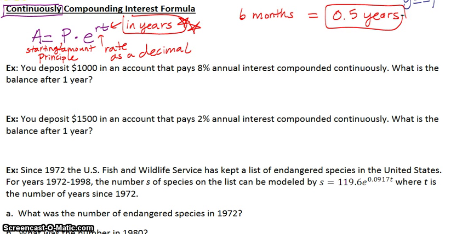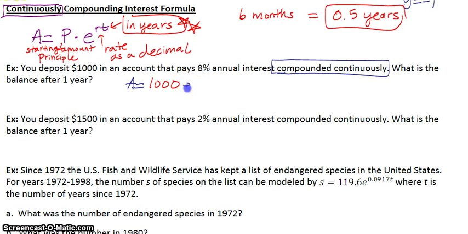So here's a few examples of this. You deposit $1,000 in an account that pays 8% annual interest compounded continuously. What is the balance after 1 year? So this is actually quite an easy problem, but the thing is, when you test on this, you're going to have to be able to identify this and know that if it says compounded continuously, you're going to specifically use this formula. So I'm going to go ahead, plug in my starting amount,